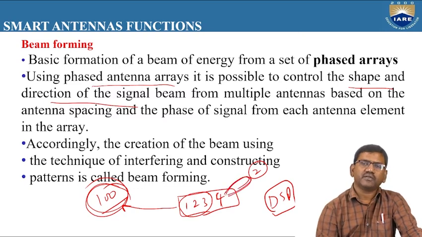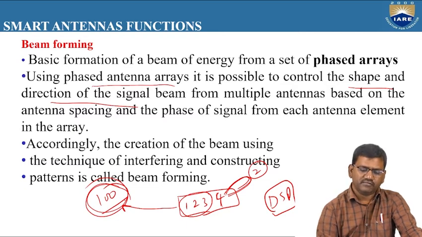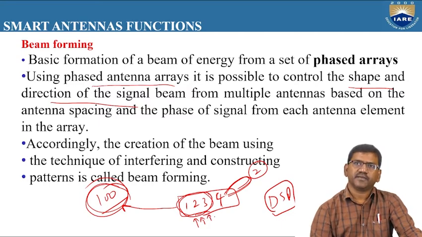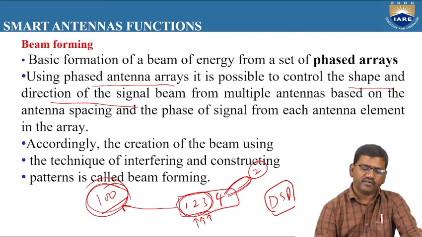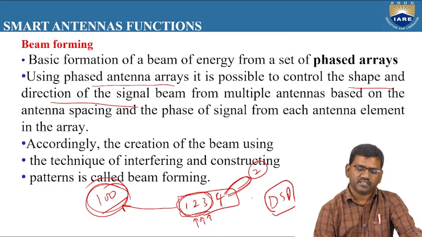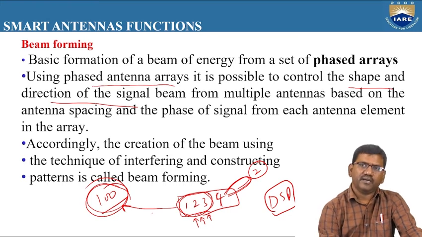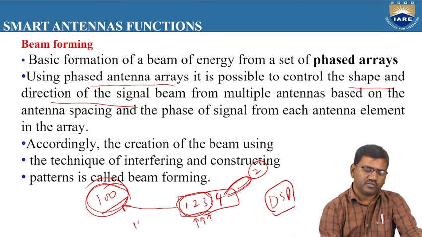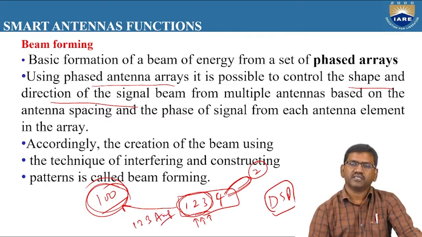So as there are more users in this direction, the spacing of these 1, 2, 3 elements is automatically adjusted based upon the instruction of the DSP. And at the same time, some amount of amplitude is also increased by the instruction of the DSP. That means if initially elements 1, 2, 3 are carrying different amplitudes, with 1, 2 and 3 amps of current applied to 1, 2, 3,